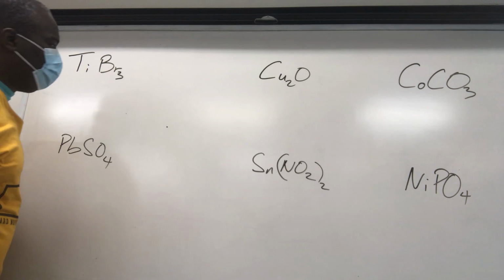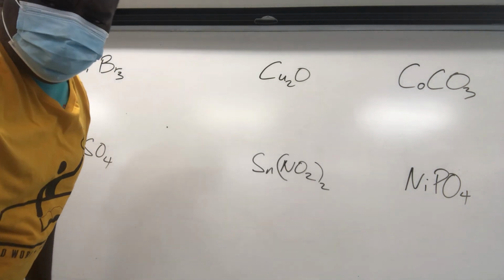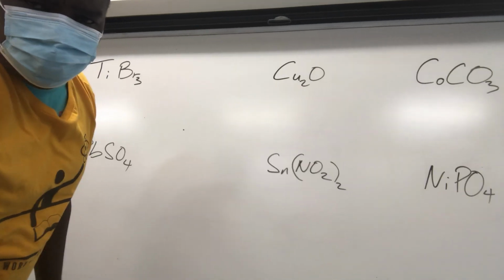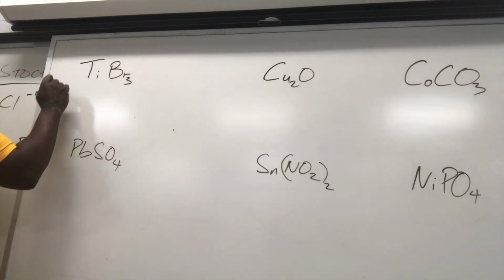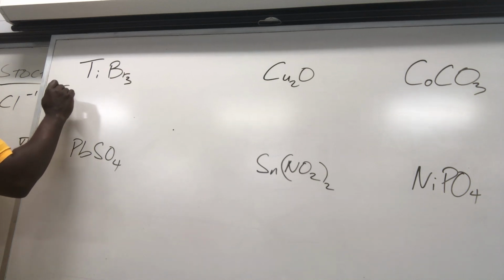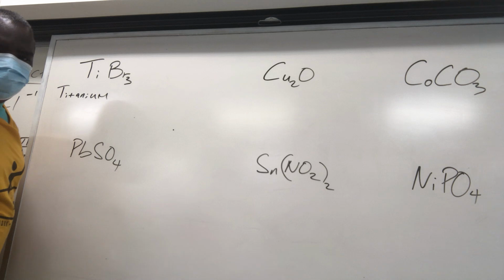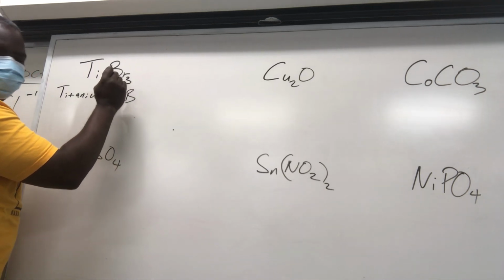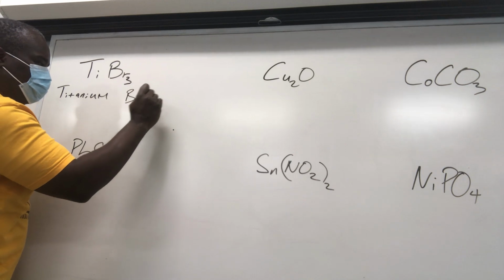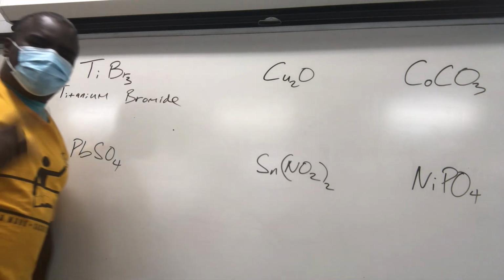TiBr3. Now, what's the first thing you do? You name it as if you were naming a normal, regular ionic compound, metal and non-metal. So we know Ti is titanium, so you write that down someplace. Titanium. And you know Br is bromide, a non-metal ion, so it gets an -ide ending. Titanium bromide. Now, guys, this would have been your answer,